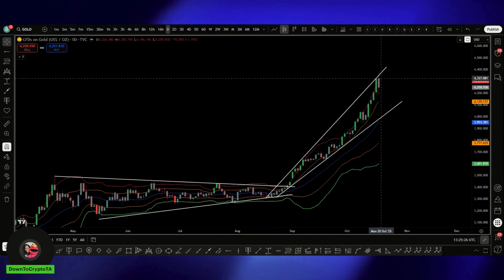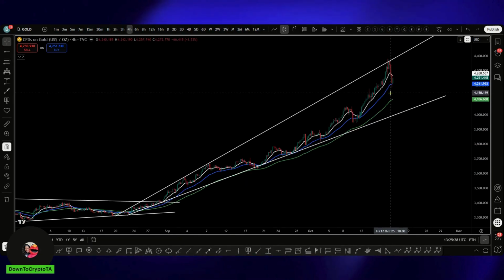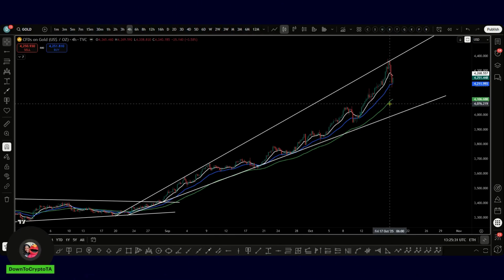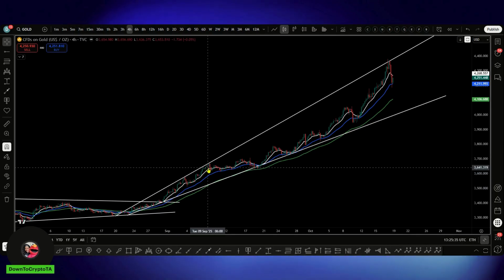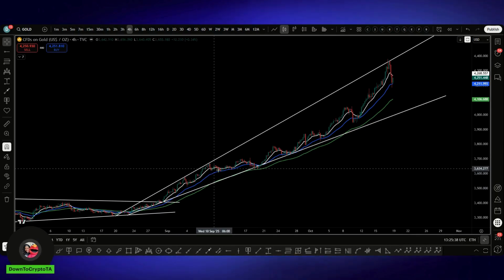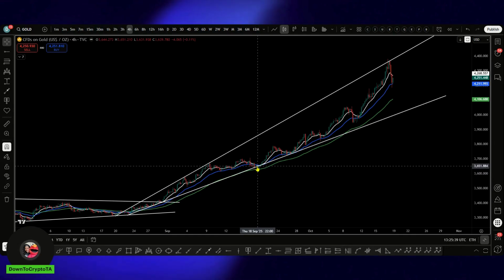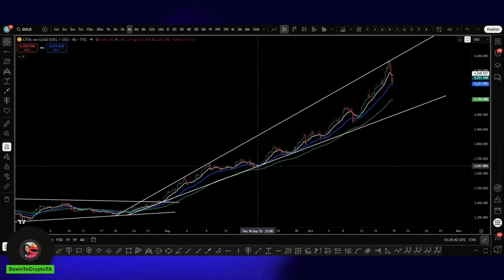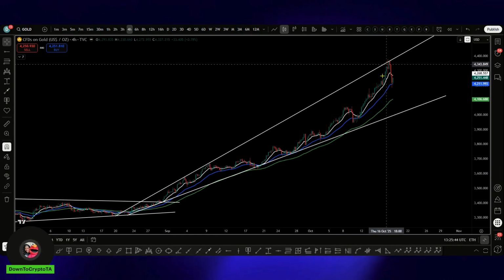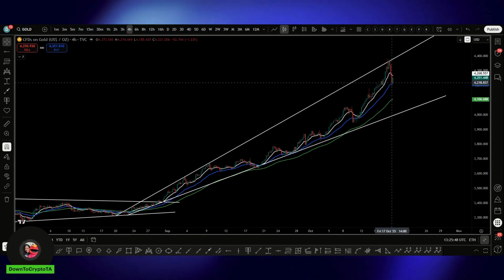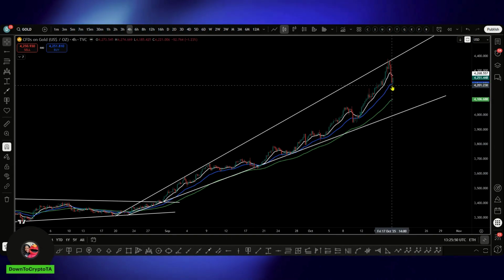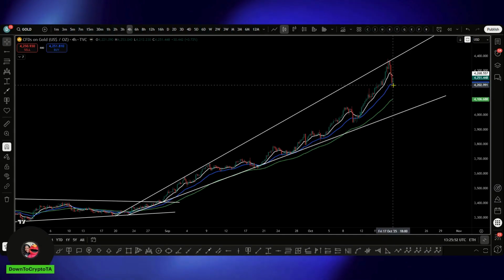Now on the 4-hour time frame, I'm using the 10, the 26, and the 60 EMA. Gold tends to ride above the 10 EMA during rallies, and then it'll retest the 26 EMA for those minor corrections. The most recent move here, you can see, went from above our 10 EMA down into our 26 EMA. That also coincided with a bounce from the golden pocket zone.